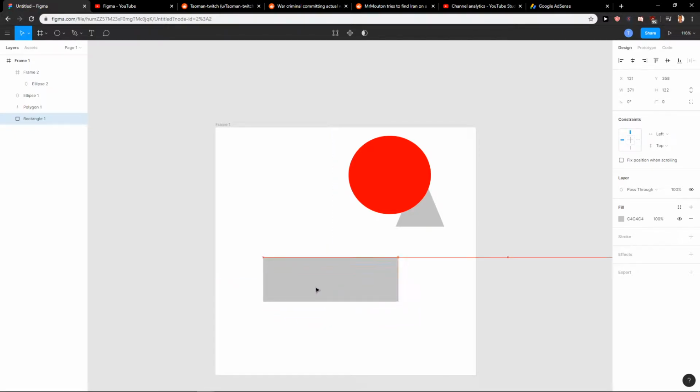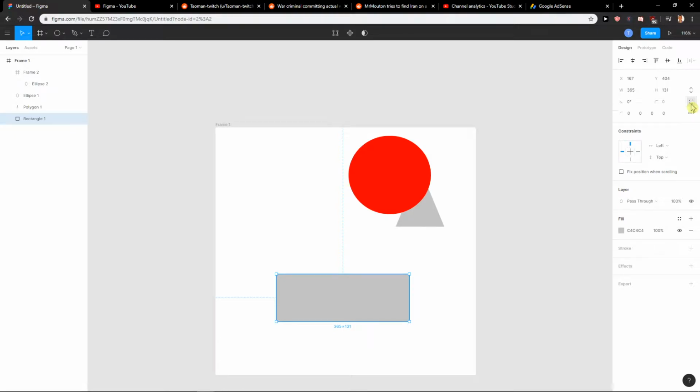First, what you want to do is just have a rectangle, then click on it, and right here you will see this button. I don't even know how to call it, like square independent corners. And then what you want to do is just click here,